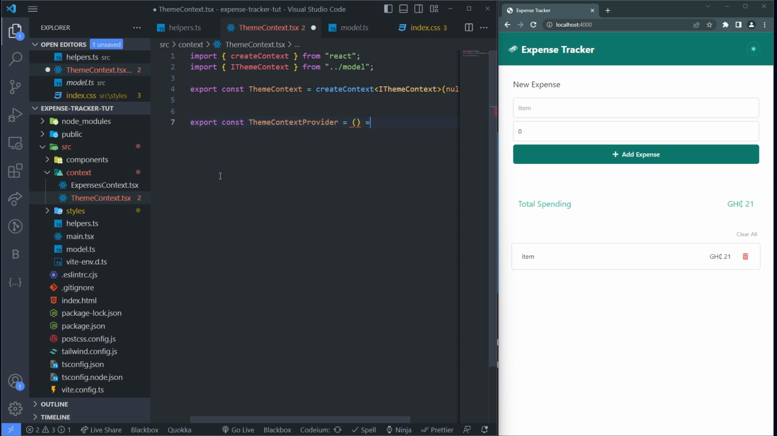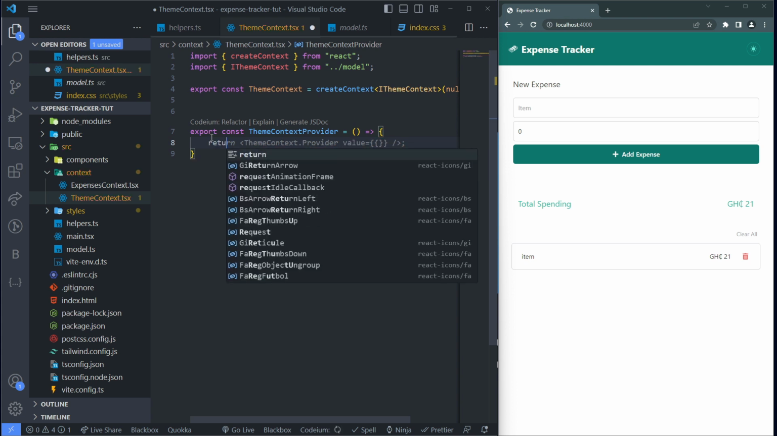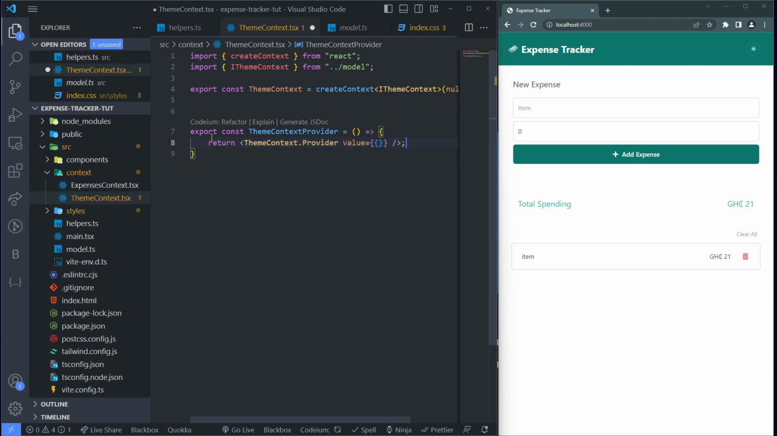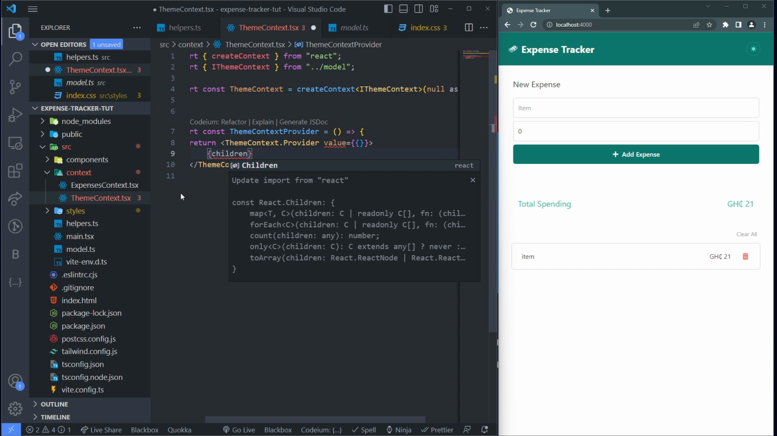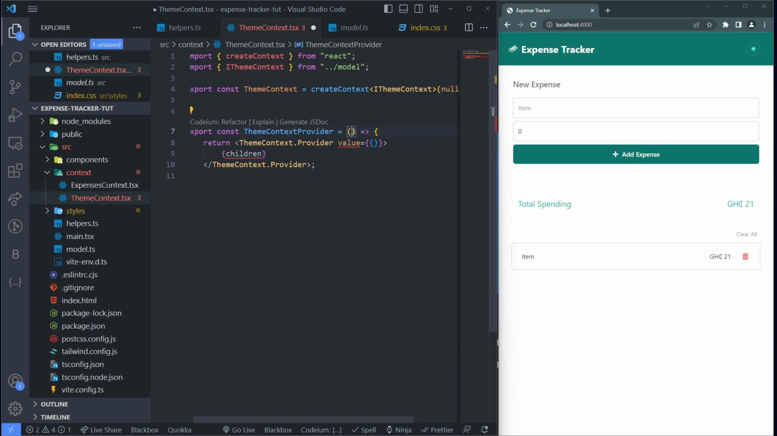So for that, I am going to return team context dot provider, and here I'll put a closing tag here. I'm going to pass the value surely, but here is where I'm going to pass children, so that I can wrap it around my component. That means children is going to be the props,